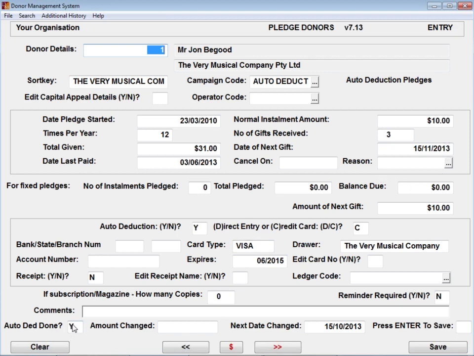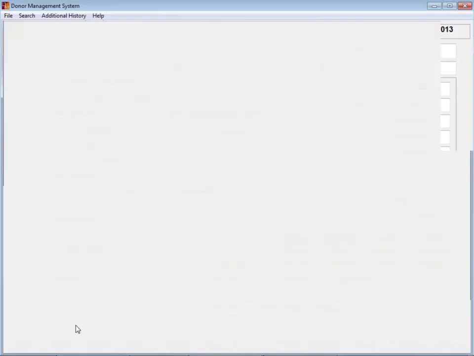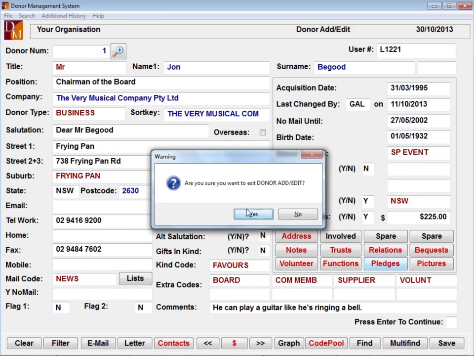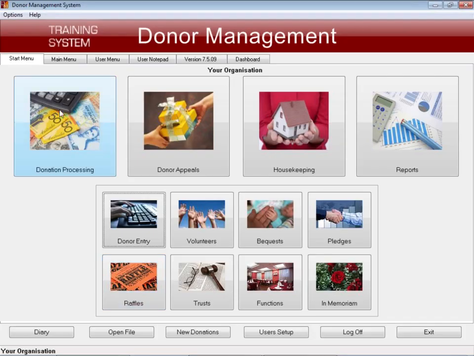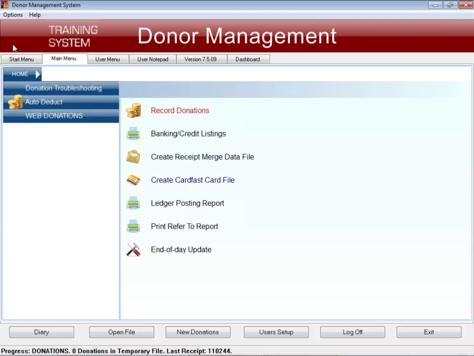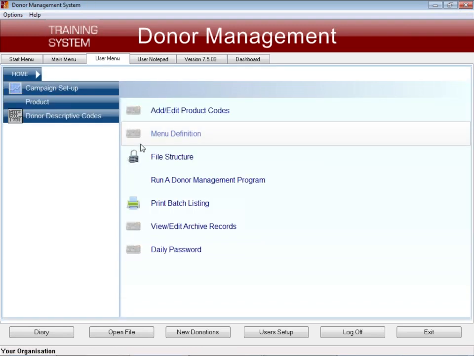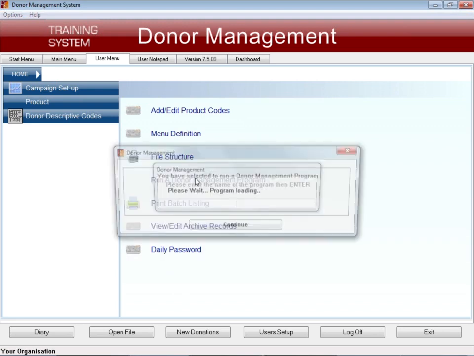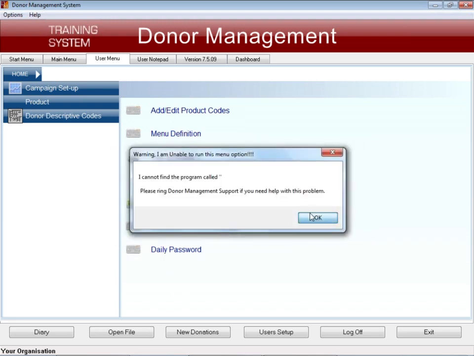So in this case, this is why my pledges weren't picked up, because this one's already marked to say yes, it's been done automatically. So in this particular case, because I was playing with this morning and I've mucked it up, what I need to do is set all those pledges to say no, they haven't been done, so that I can then go through and do the run. Okay, so normally you won't have to do this, but when you're playing with the data like I've been, then sometimes I just need to do something out of the ordinary.